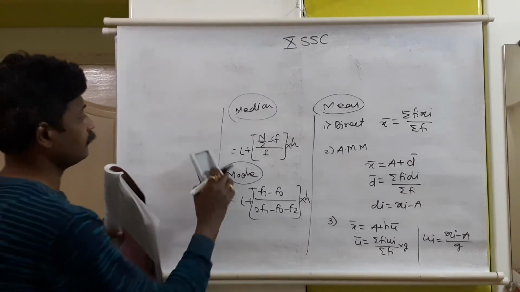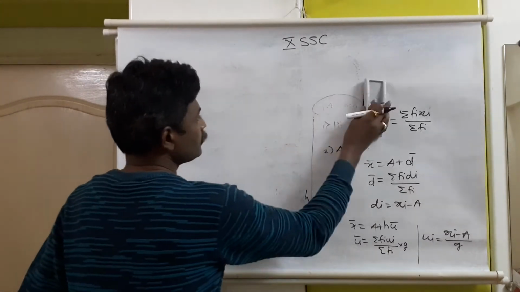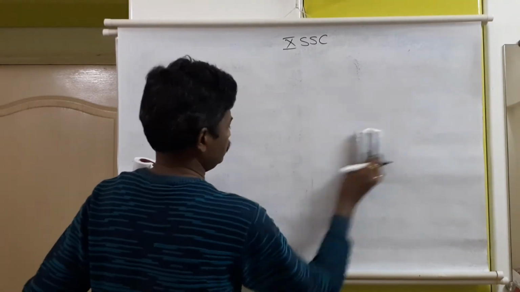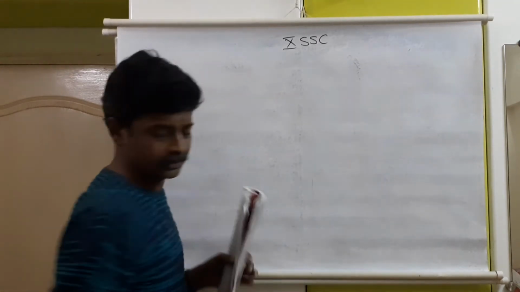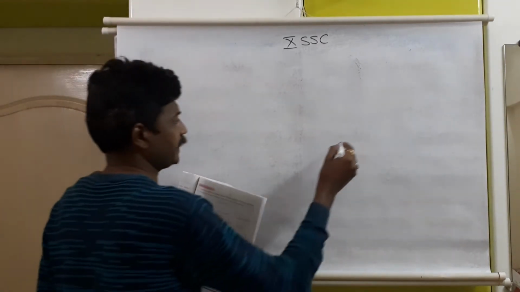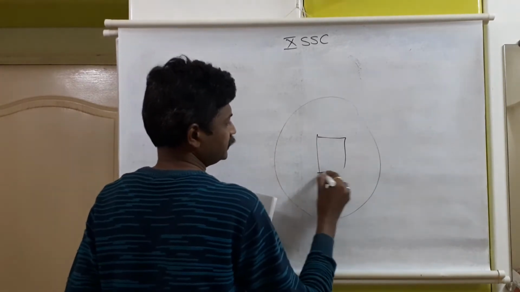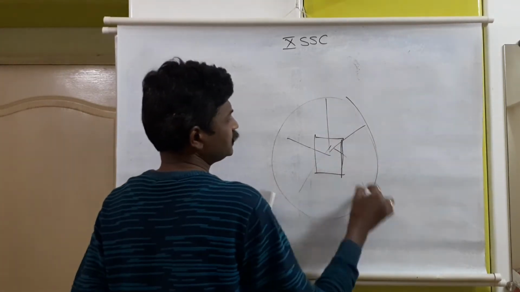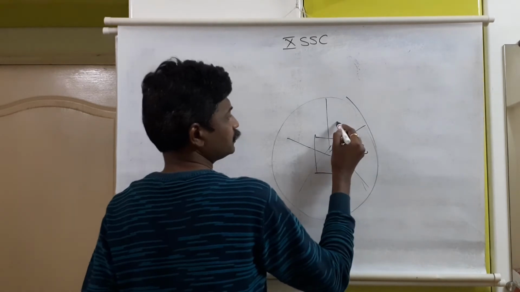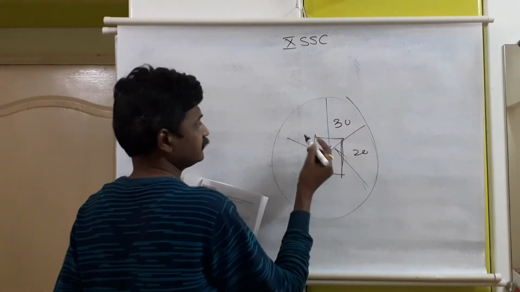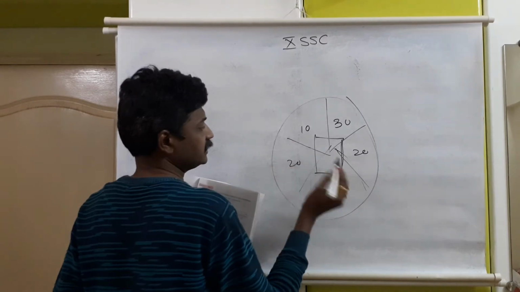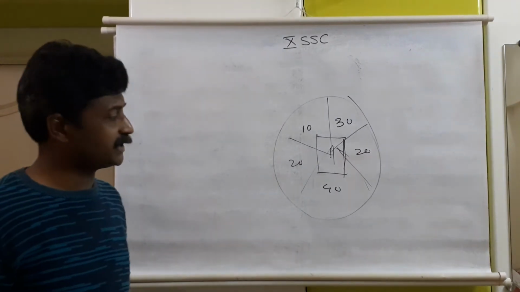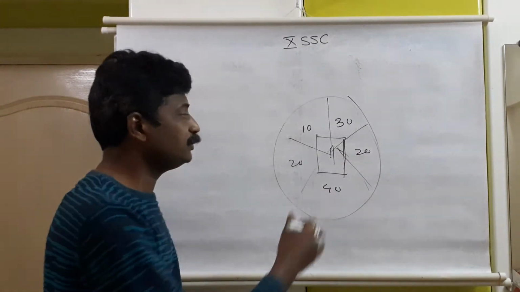I will mark it here. Suppose any player had a century or half century or whatever runs scored in a particular area. So there will be the ground, and then in this way, suppose 20 runs are scored in this way, 30 runs are scored on this side, then 10 runs this side, 20 runs this side, or suppose 40 runs this side. So in this way the pictorial representation will be given, and very easily we can understand it.